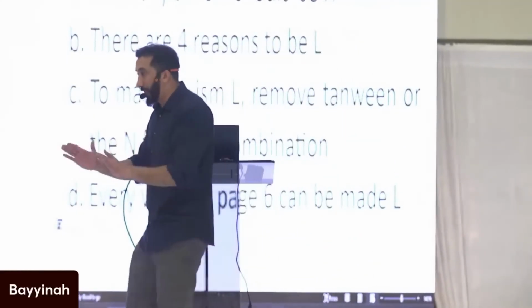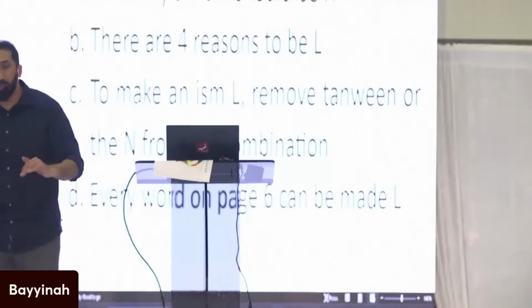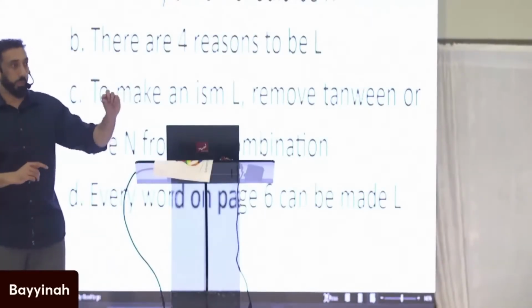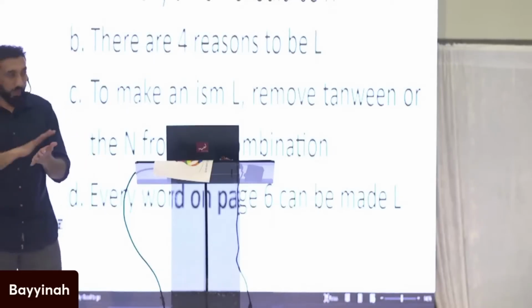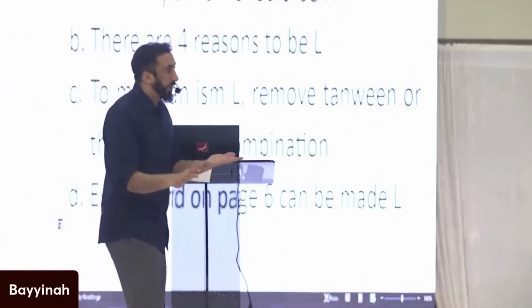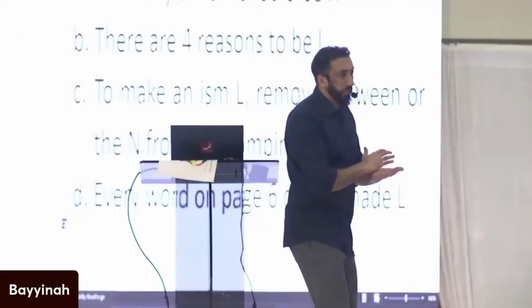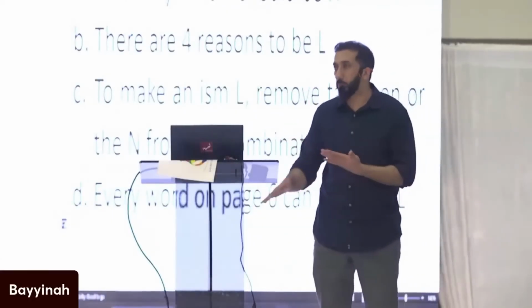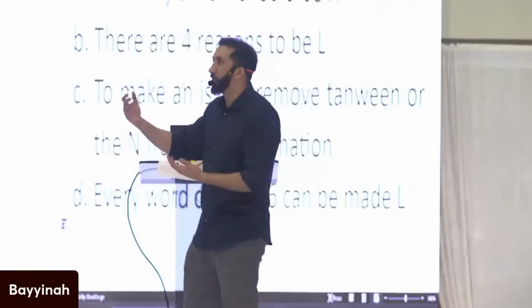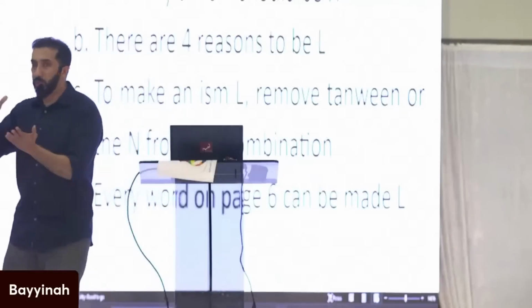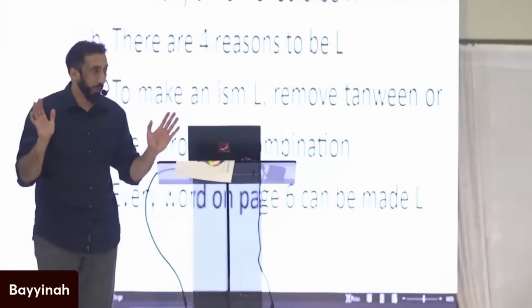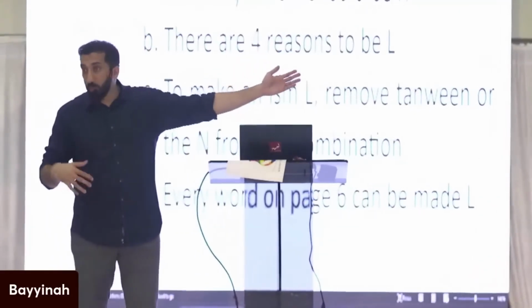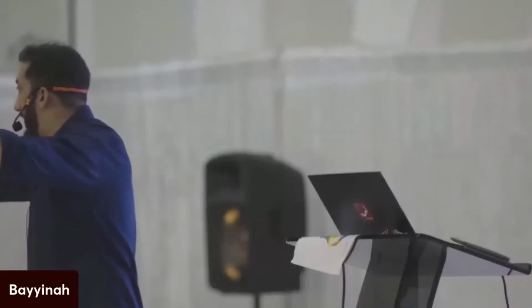But in the end, by the time we're done, for everything you learn, there will be what is the point and also what does it look like. For every concept, whether it's 3 kinds of words in Arabic, whether it's status, whether it's number, whether it's gender, whether it's type, whether it's fi'l, whether it's harf, it's going to be what's the point? What does it look like? Every time. Okay? So right now in light, this whole discussion, get rid of the N, get rid of the